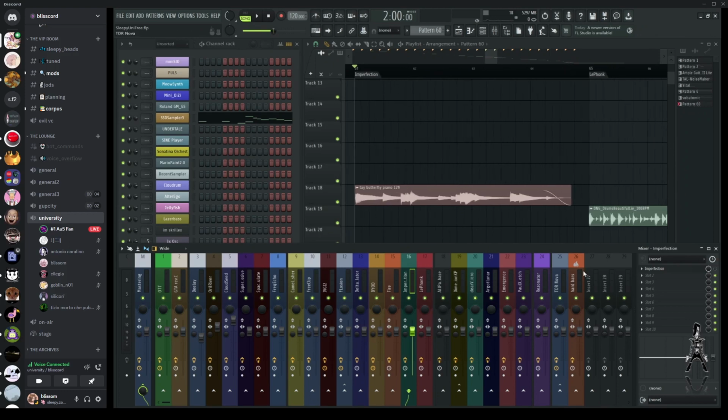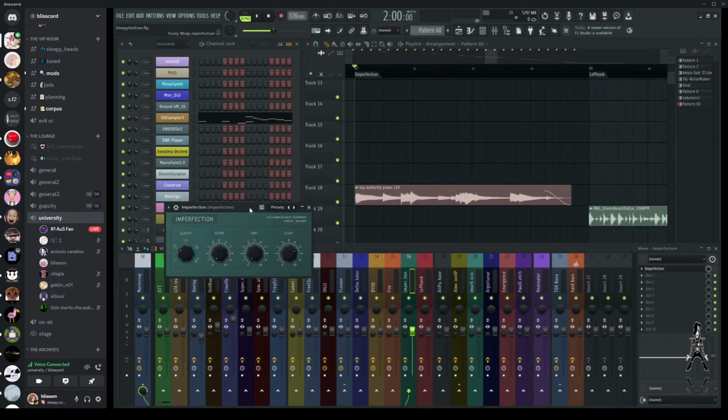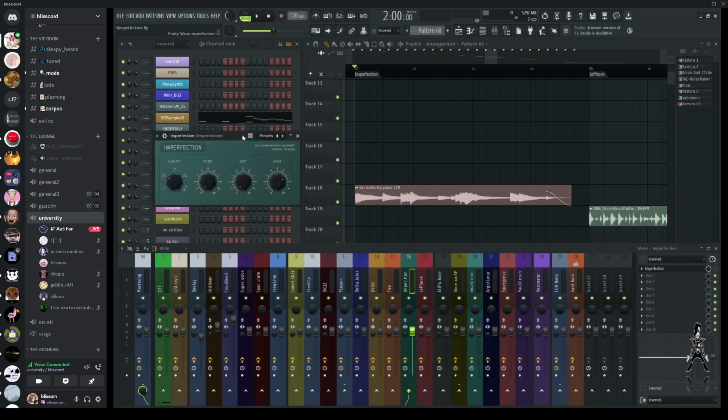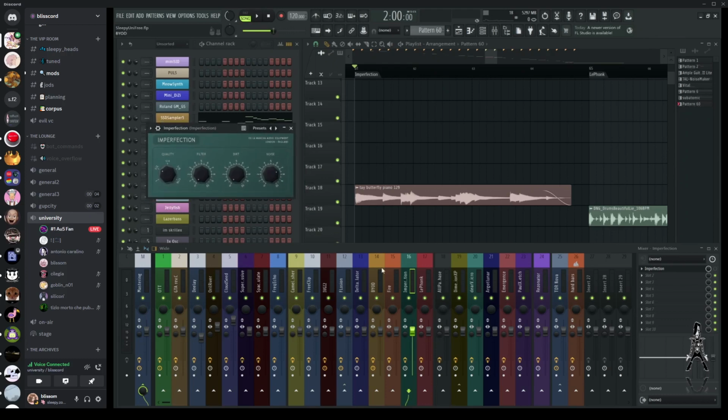This is Imperfection. This is literally just make the sound more low fidelity. So here, this is from one of the Sleepy Samples packs, or not packs, but I don't even know what to call them, but this is Tay Piano. Packs? And,